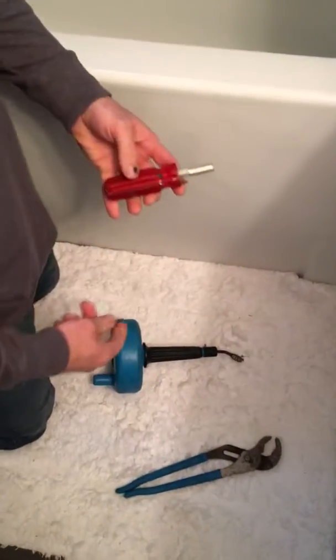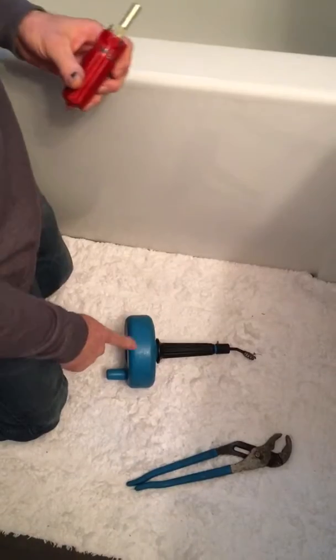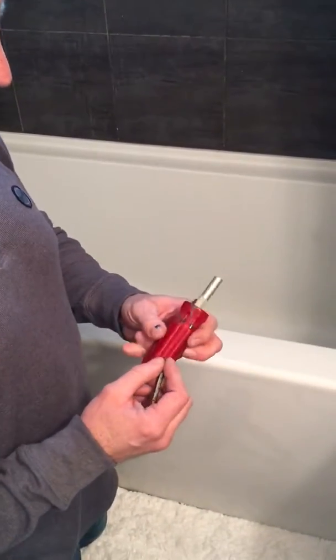These are the only tools you need. A pair of channel locks, a screwdriver, and a little mini auger that you can pick up from Home Depot for like $10–15. So the first thing you check,